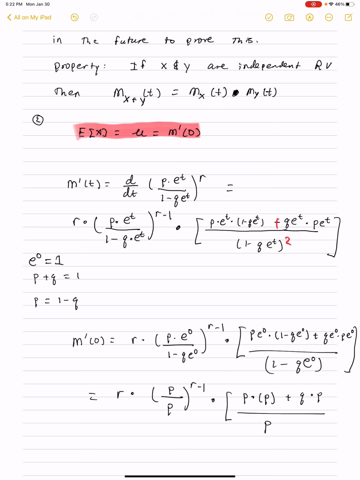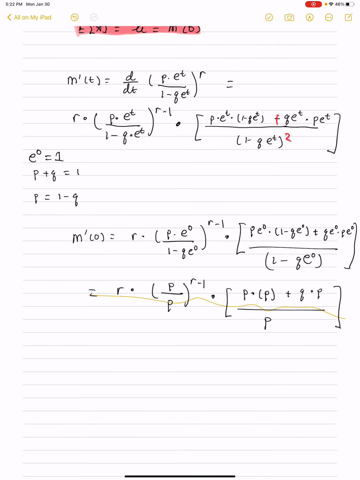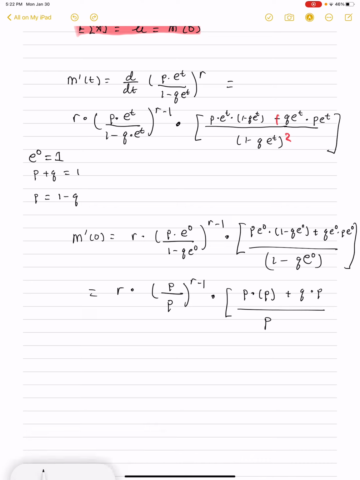Remember, 1 minus q is p. Okay, well, we're almost done at this stage. So this will be r times, well, p squared on top plus p times q. But remember, q is going to be 1 minus p